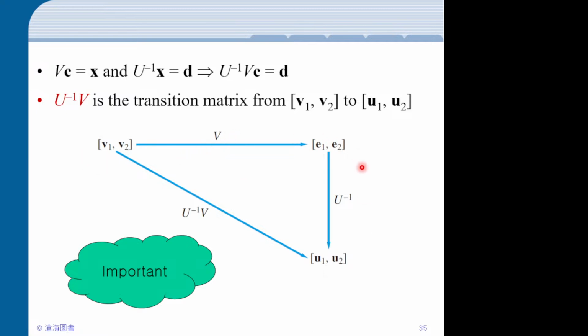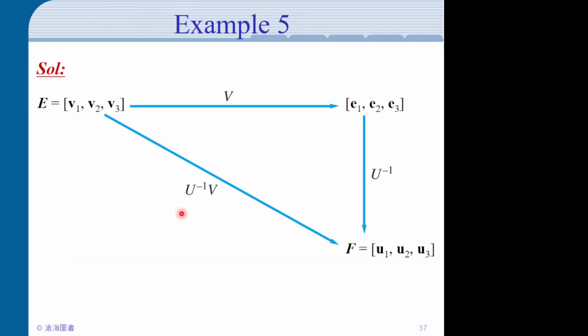Then what you do together is you apply V then U minus 1. So you do this V and the U minus 1 matrix here. Okay. So that's 3.5. Any questions so far? If not, then let's go to